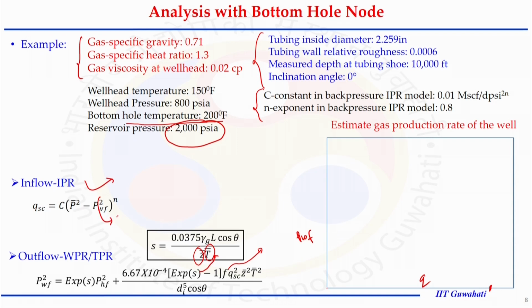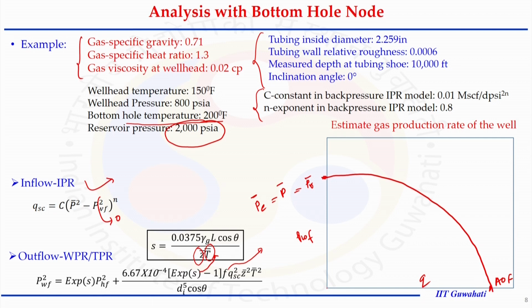So, let us say this is 0, this could be the maximum flow rate and we call this AOF. And when my PWF is the reservoir pressure, assume here P R bar, I said this is equivalent to P bar, or sometimes it is denoted as P e bar, we are having this point. And we can see here, depending on the values of C and N, the curve can take a particular shape, and in most cases it is like this.